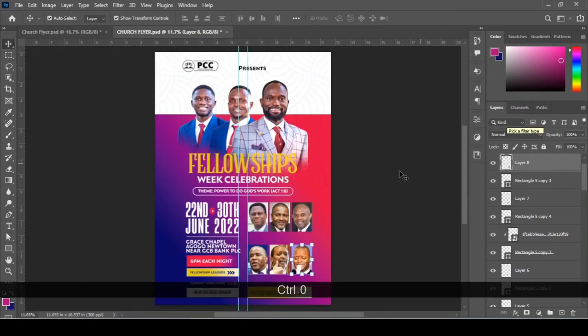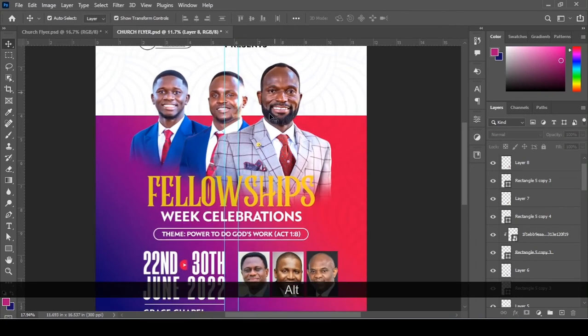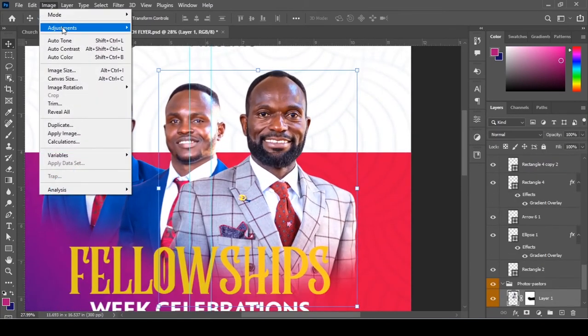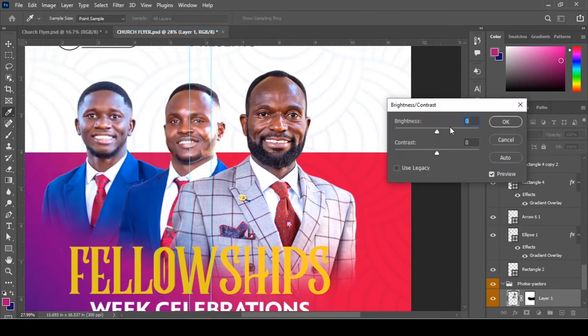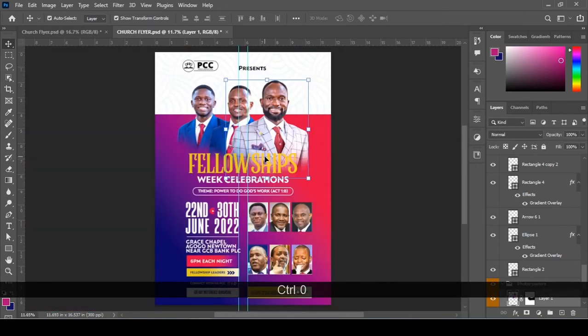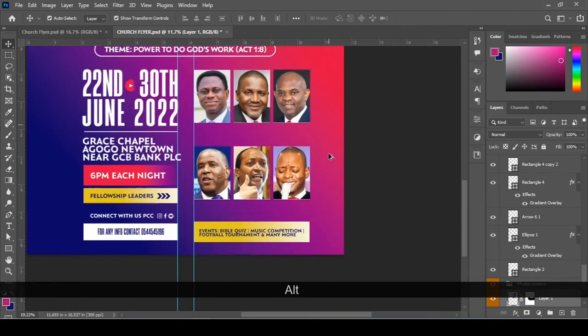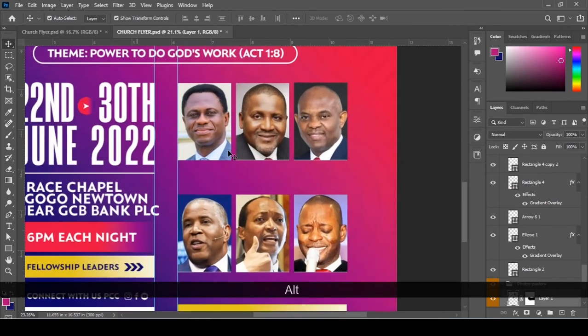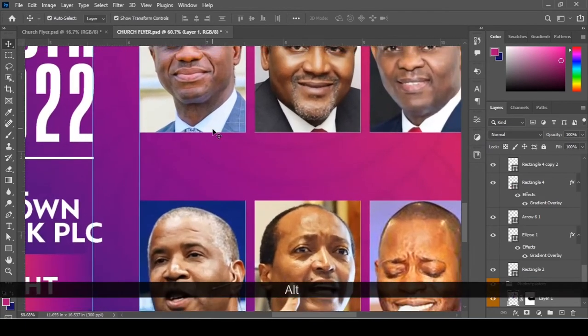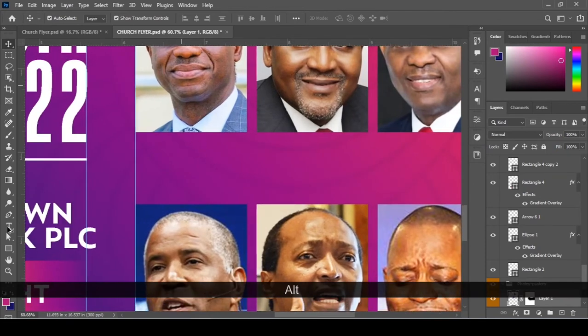Okay, and then we can also go further to edit this image by adding more brightness, and boom, you can get a good result from here. So you can see what we have now. The images are brighter than they were before,